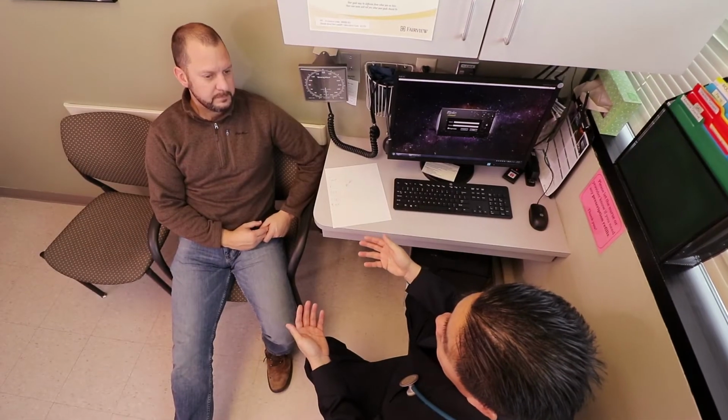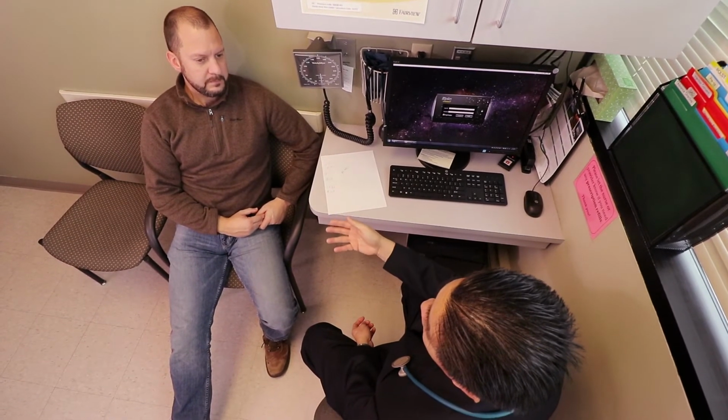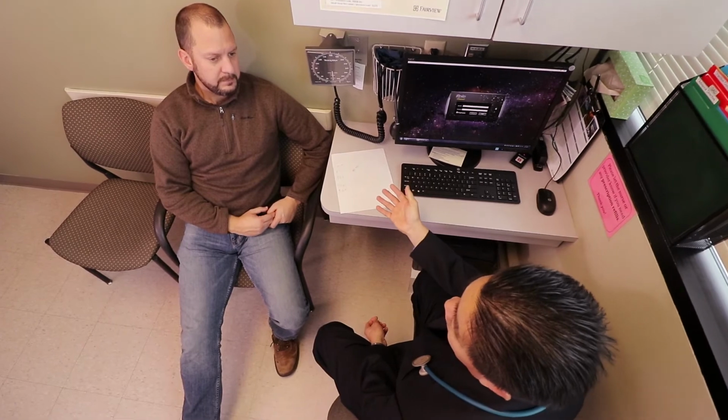And the way it's designed is a robust process called a randomized controlled trial. So we'll take patients and randomize them into one of 2 groups. One group will be getting their DNA tested, and we'll use that data to treat them. The other group will be randomized to the standard of care, where we will treat patients using the usual protocols that Fairview uses. And then we will follow both groups for about a year and see which group leads to better blood pressure management. We'll also try to see which group has less side effects, as well as which group gets better control